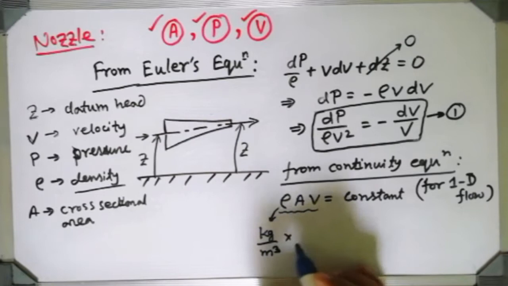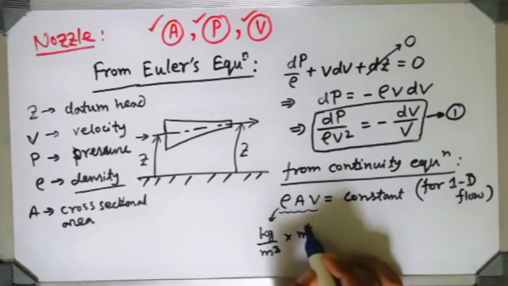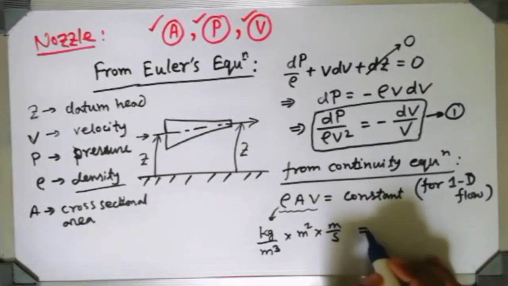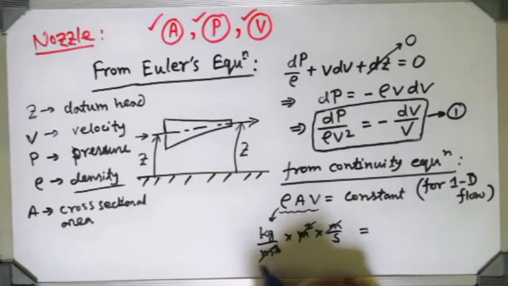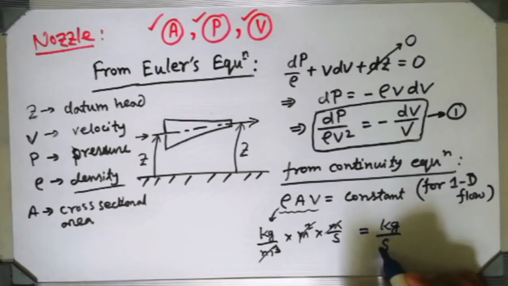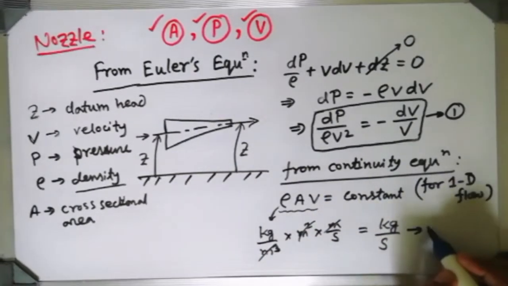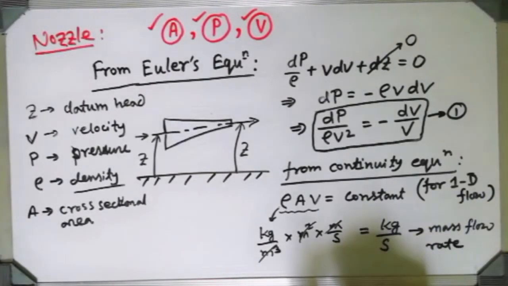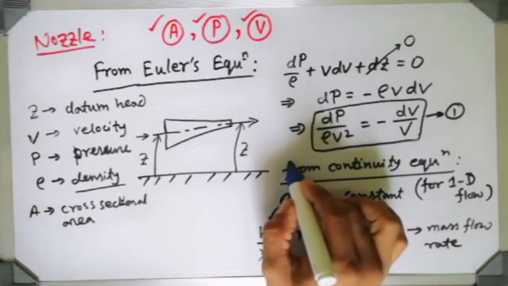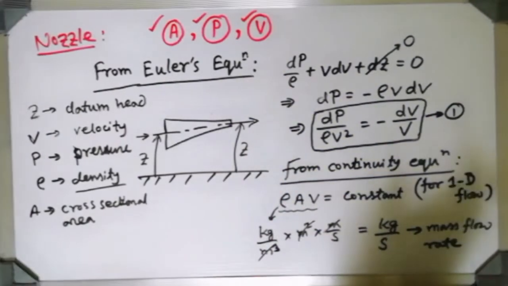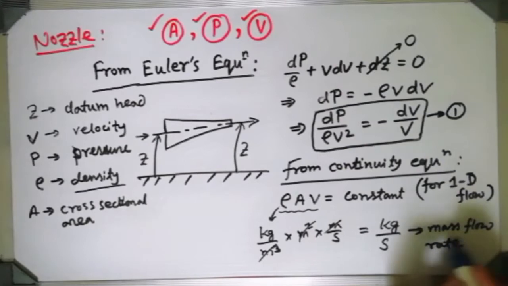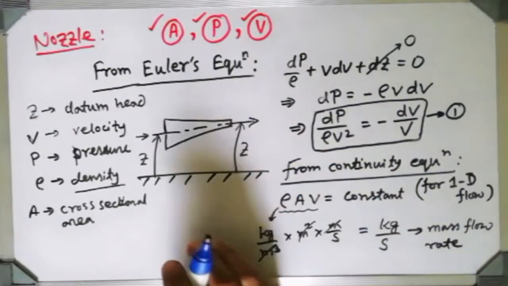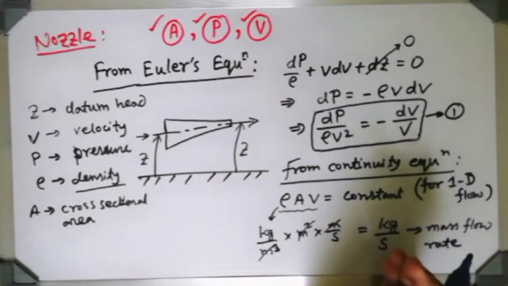Area, thank you. Then coming with velocity, thank you. So what is it giving us? Check, only mass per second. That is nothing but mass flow rate. So the continuity equation gives us the concept that mass will remain constant. Now mass flow rate means with respect to time. That gives the same meaning, that mass flow rate will remain constant before and after.